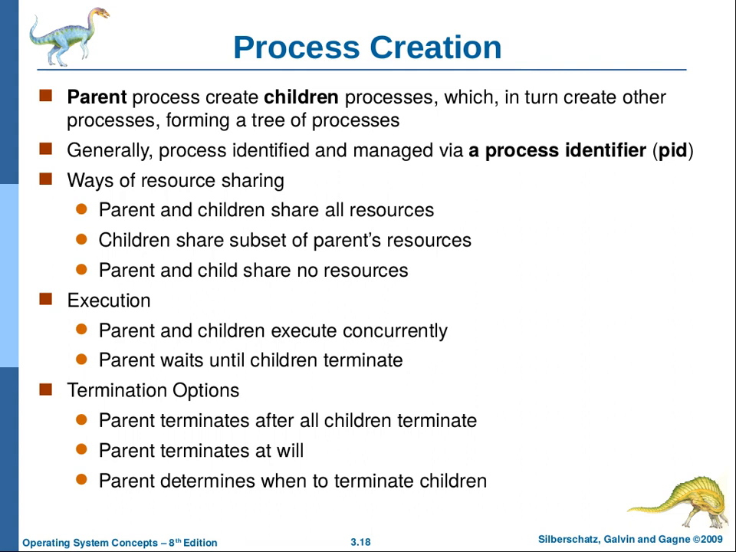Parent and children execute concurrently, or at least seemingly concurrently. If you have multiple CPUs, they can execute concurrently. And a parent waits until its children are terminated. Notice in our program that was not necessarily the case, but in good programming practice, you better be doing it that way. Otherwise, sadness will occur. You want the parent to terminate after all children terminate. Otherwise, the parent can terminate at will, because the parent can actually kill